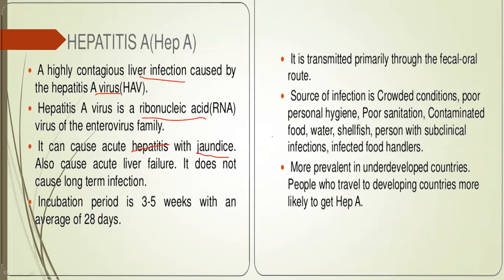It can be transmitted through the fecal-oral route, so if we eat and drink hygienically, we can be safe from this hepatitis. Poor sanitation, poor personal hygiene, and contaminated food and water can lead to hepatitis A. So prevention is,